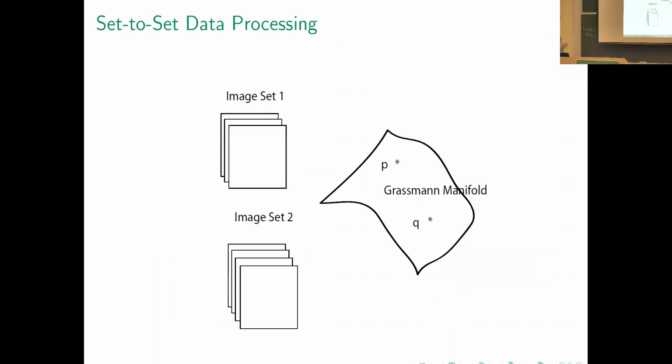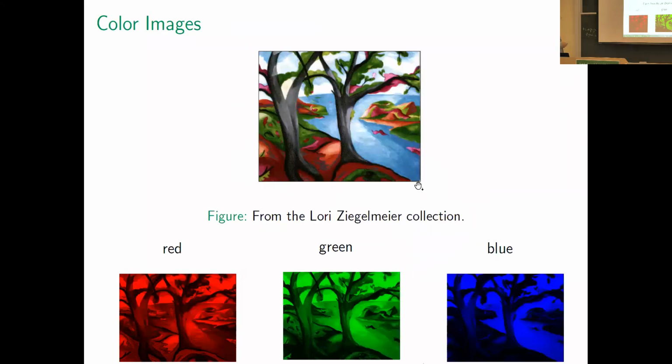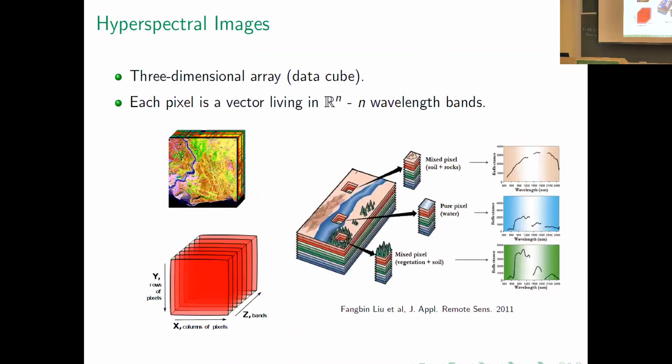This is the framework. You take a set of images, you put them together, you get a point on a Grassmannian, and this is my cartoon, so I can compare these guys. If I have RGB images, these are also points on the Grassmannian. If I have a 1,000,000 pixel camera, they're in Gr(3, 1,000,000). If I have multispectral imagery, I end up with maybe 100 different frequencies.